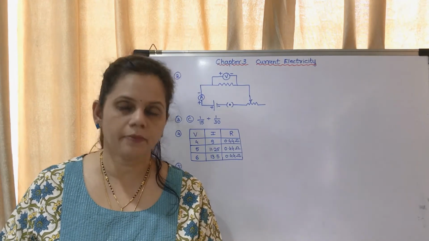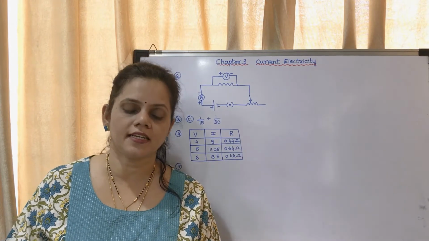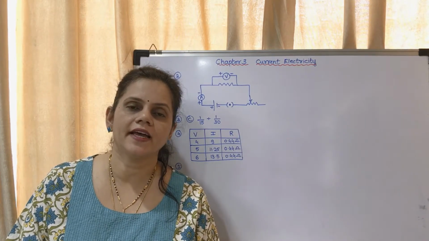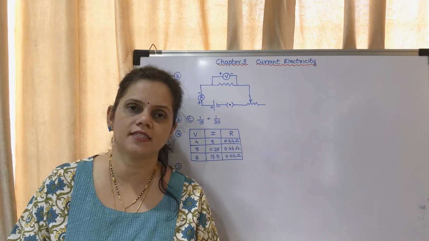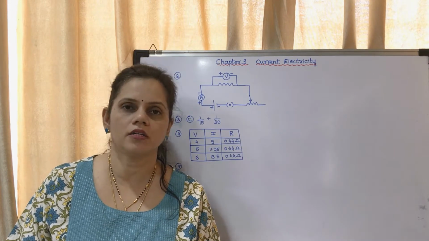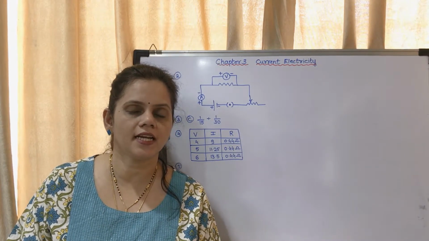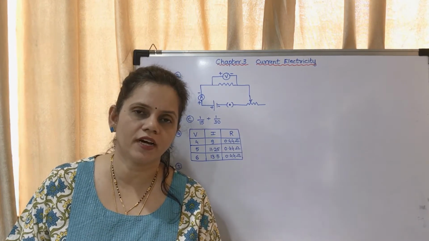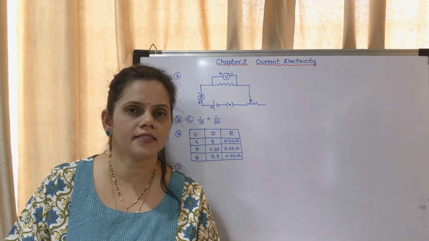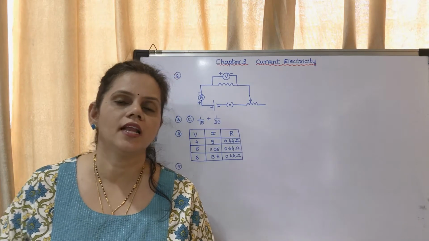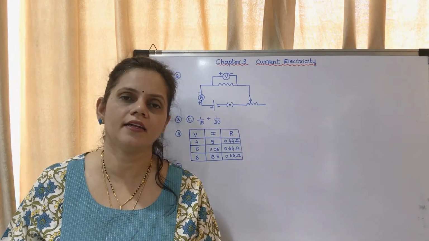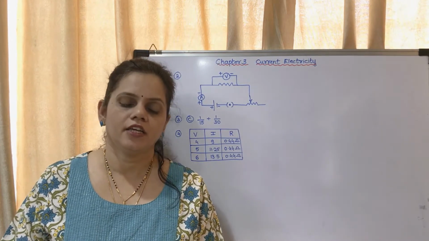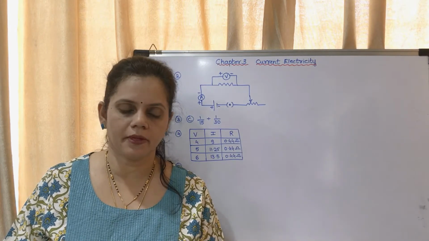Before that, page number 43, domestic electrical connections. There is a box, domestic electrical connections. We know that the wires which come to our homes come through an underground cable. Those cables basically consist of three wires: one is a live wire, another is a neutral wire, and a third one is an earthing wire. That is explained in that paragraph. Usually there are three wires in the cable.